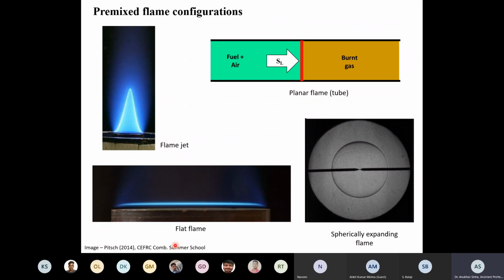Then we talked about the flat flame. This is one type of premixed flame. We also talked about the spherically expanding flame. Again, we have a premixed mixture we burn and we get a spherical flame. We also talked about the planar flame. It may not be perfectly flat, it will bend, but this is the general configuration. One important point I want to highlight is that these are not the only configurations. These are the most general configurations used for premixed flames, but there are more devices which have different designs. These are the general forms we study. So let us now look at diffusion flames.